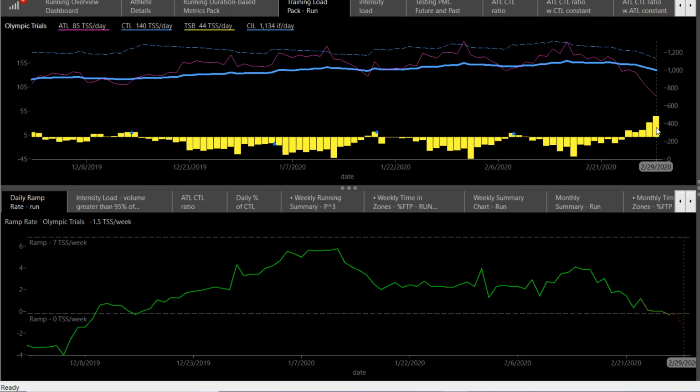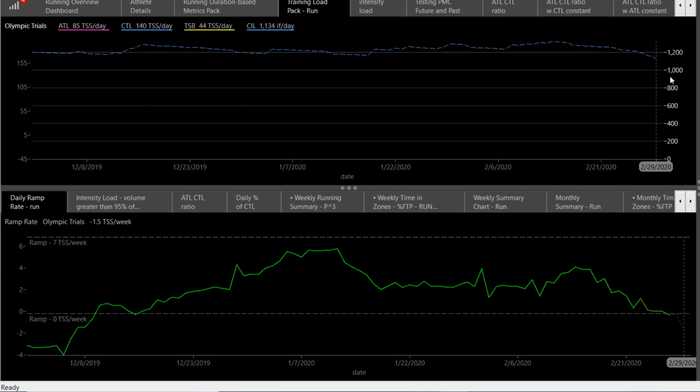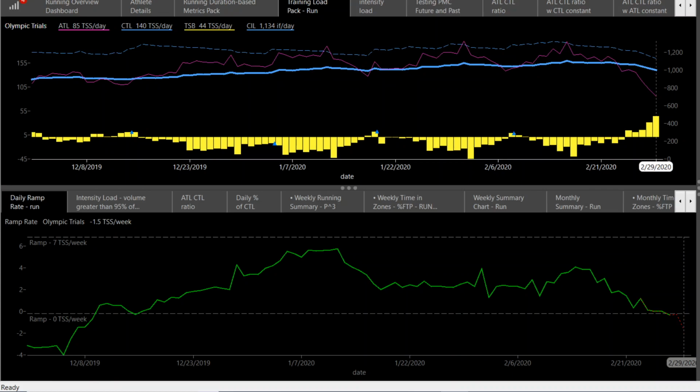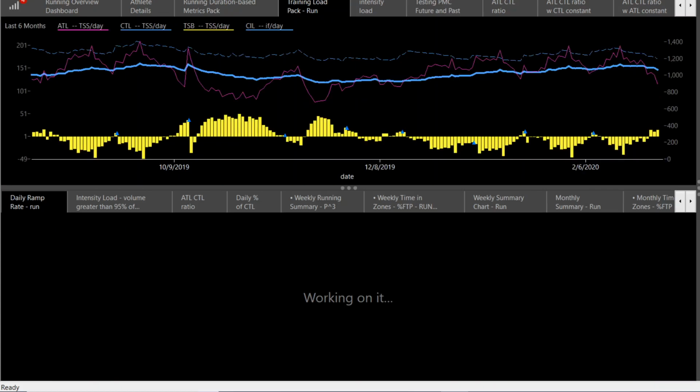A positive TSB in that plus 15 to plus 25 range is what I'd recommend for most people. And a negative ramp rate of at least 1 day up to about 5 days. If it's more than 5 days, then you're losing too much CTL. Now, I don't know how long this will take to load. Oh, there it goes. So this athlete